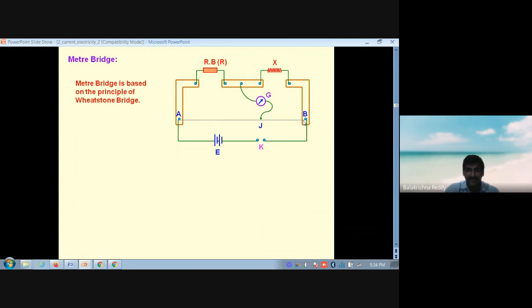There is a wire. Along the wire you are finding the G symbol, which is called a galvanometer, and the jockey J. You also see here that the jockey J is touching the wire. It is like a pen, which we call a jockey. It touches the wire. Wherever it touches the wire, with respect to that, in the galvanometer we will find the deflection. So, for example, at a particular point the deflection comes zero. Then this is a part of some length, and this is another part of length we will take.